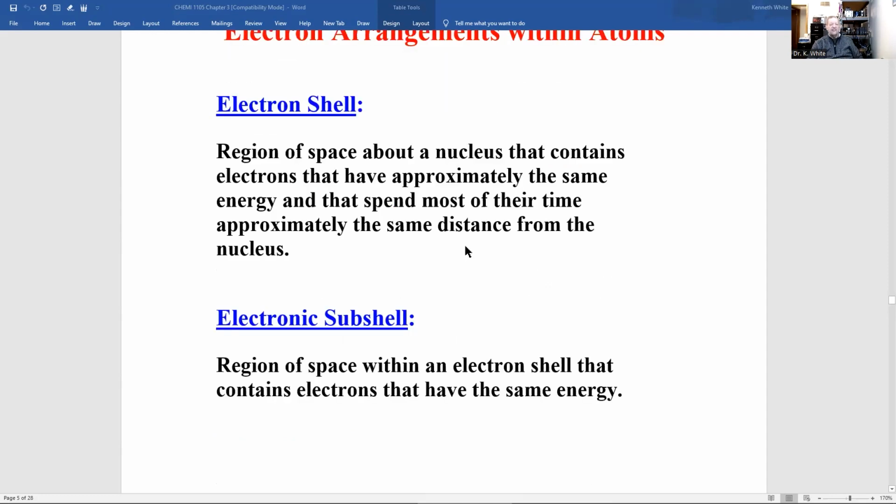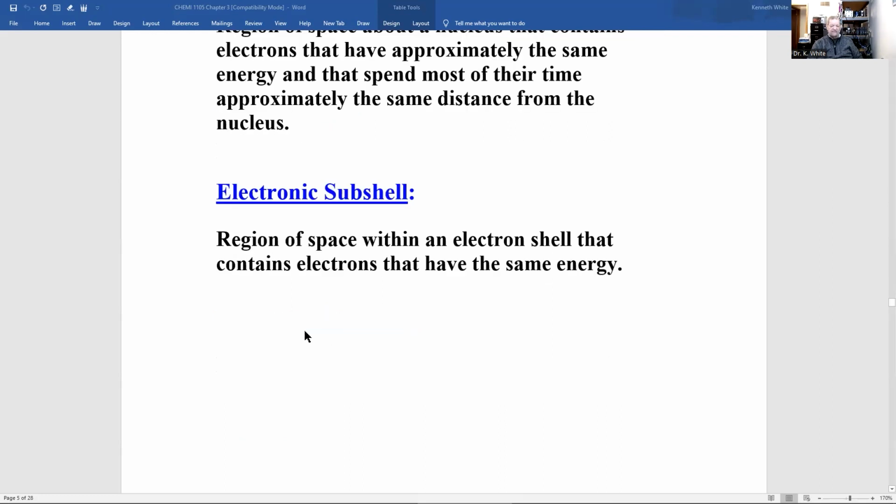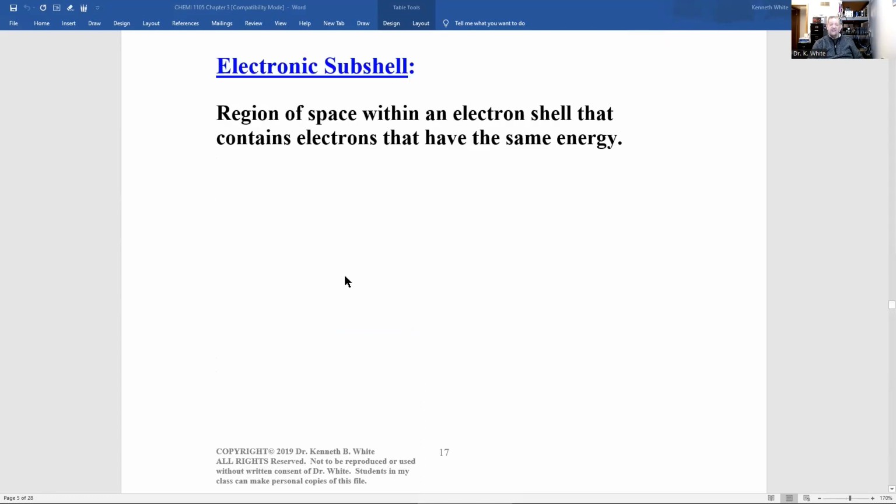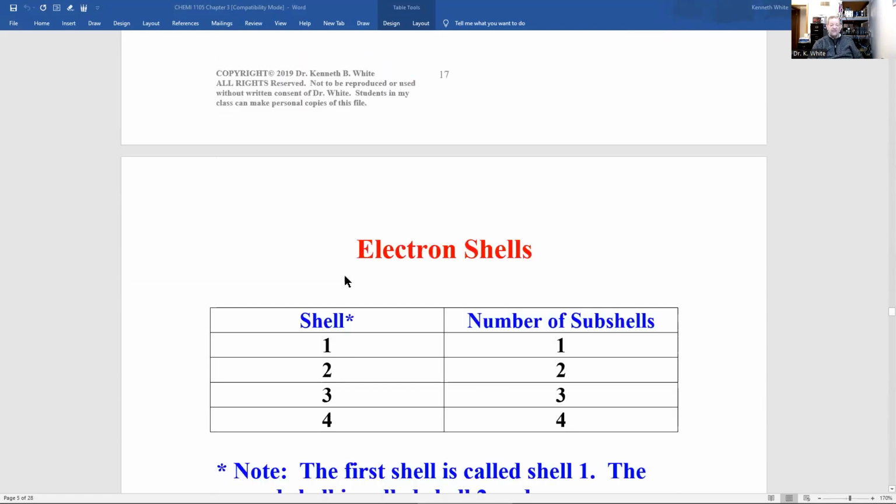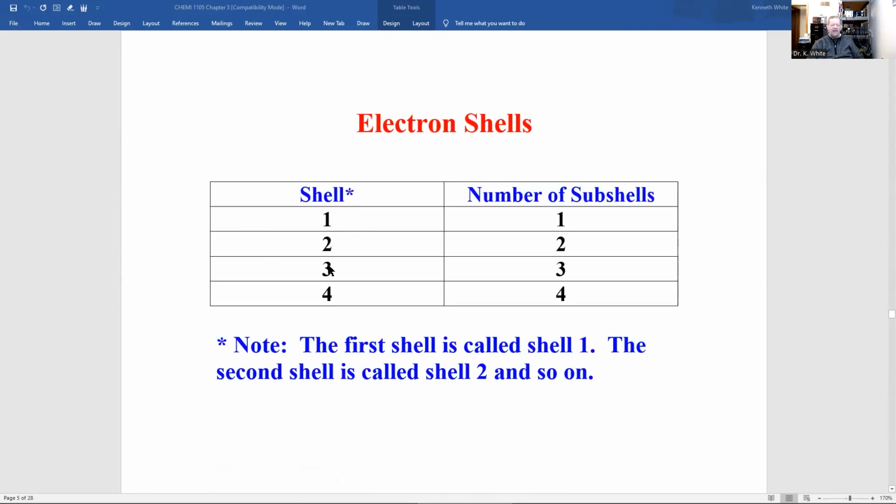Now, each electron shell has subshells, electronic subshells. That's the region of space within an electron shell that contains electrons that have the same energy and are approximately the same distance from the nucleus. Now, the electron shells,